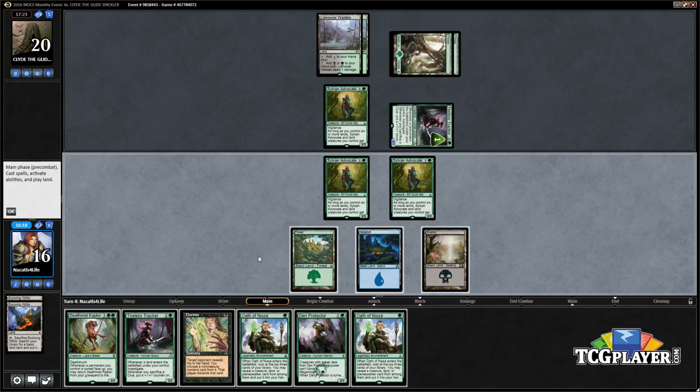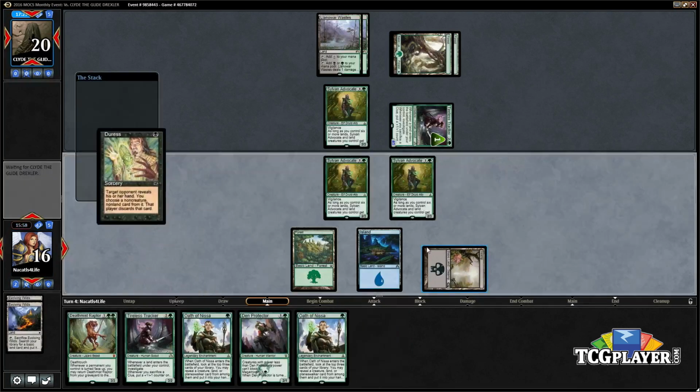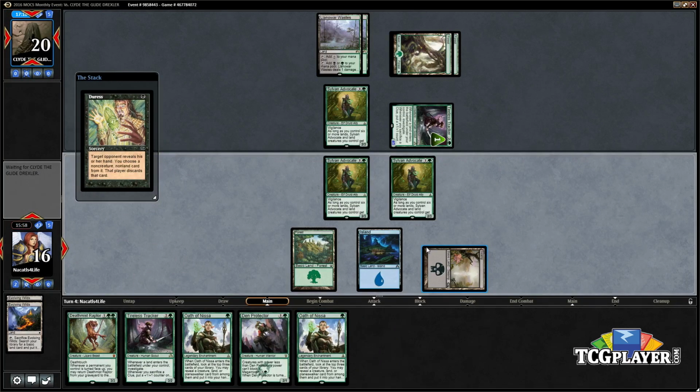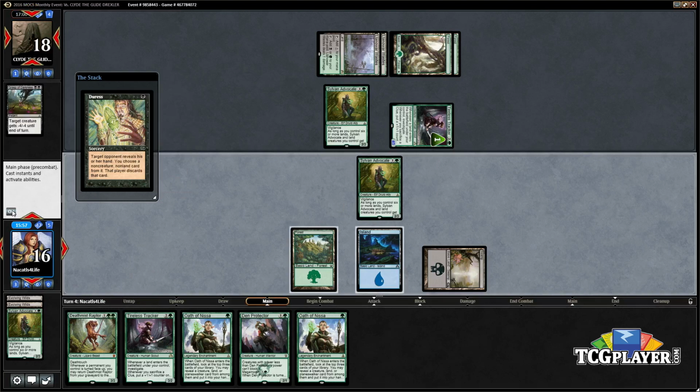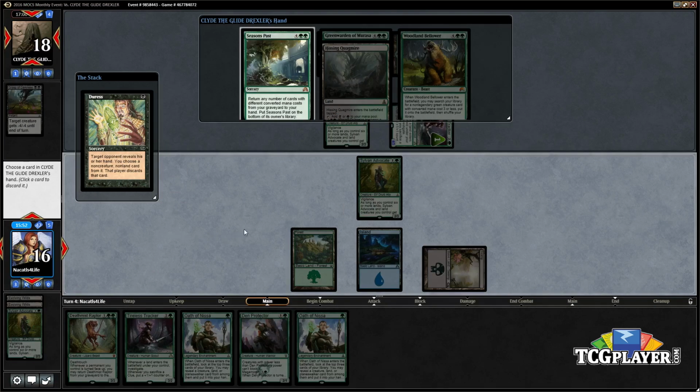So now we can start by duressing. Opponent's deciding if they want to use their removal spell in response. They do. Okay. Alright, so we got the